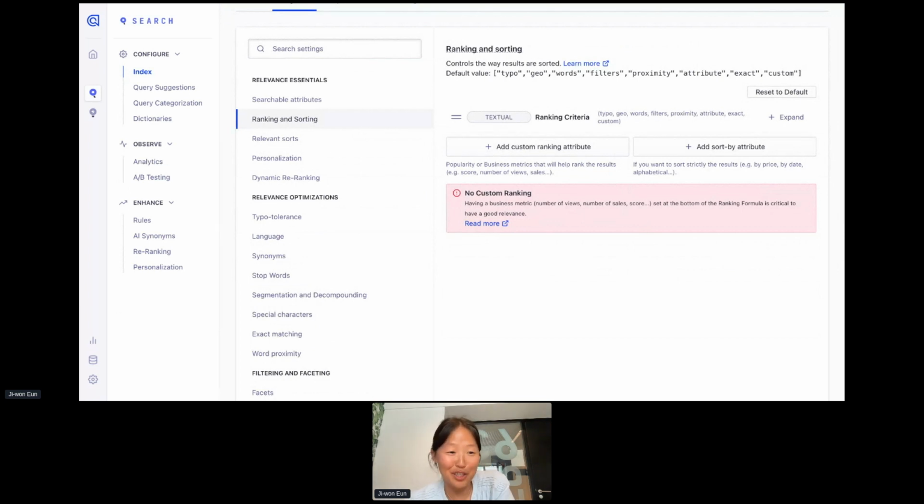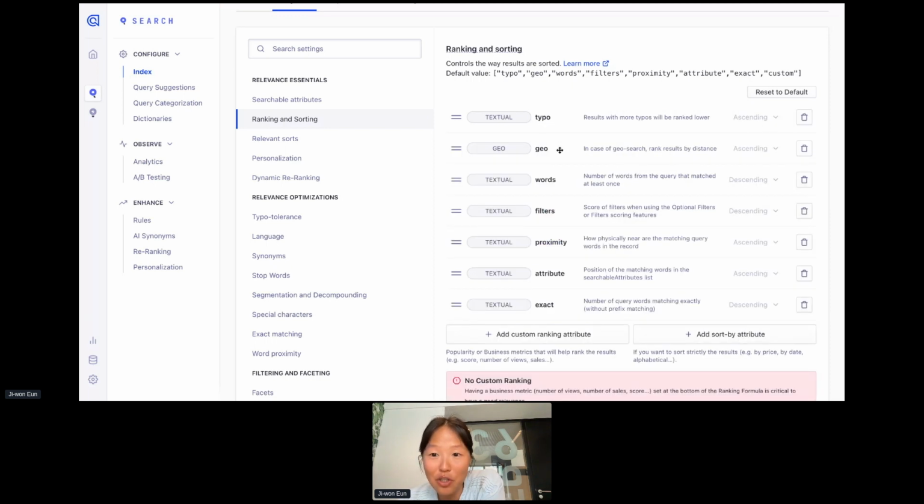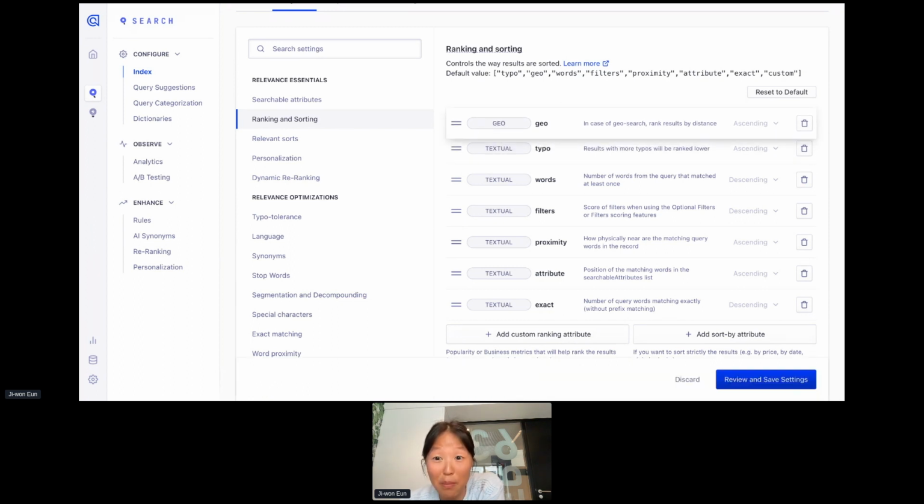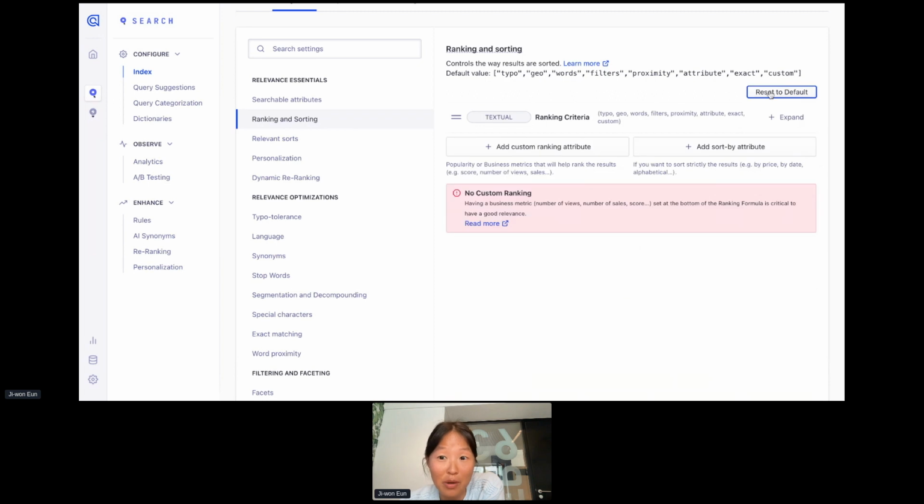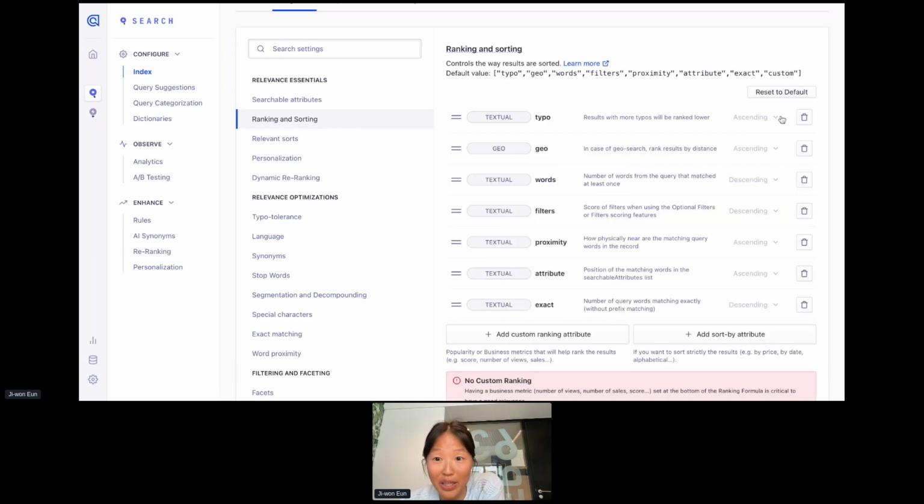Exactly. I mean, I was inadvertently showing you what not to do. Don't be like me. Don't follow exactly what I'm showing you here. So here you see the 7 ranking criteria: typo, geo, words, filters, proximity, attribute, and so on. You can also move these ones, but usually I don't recommend that you change these 7 ranking criteria, neither the order,